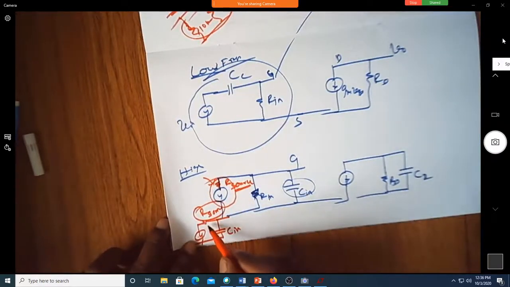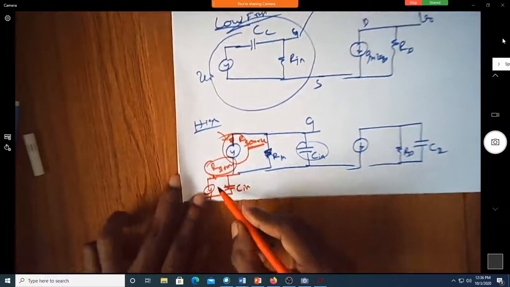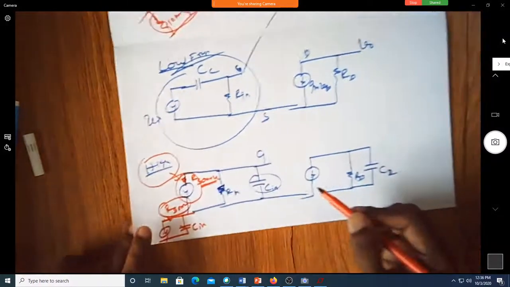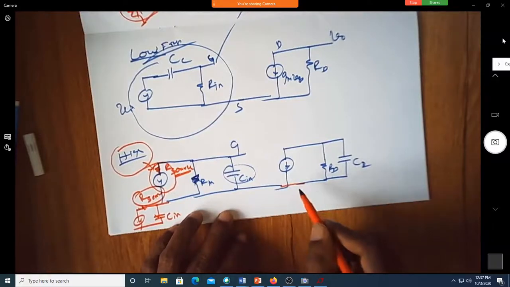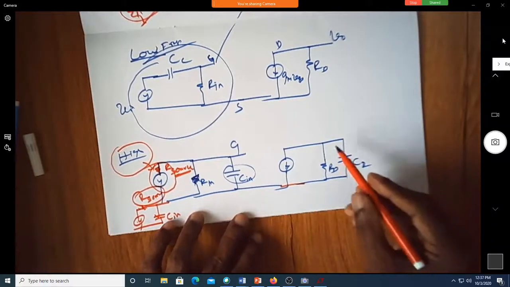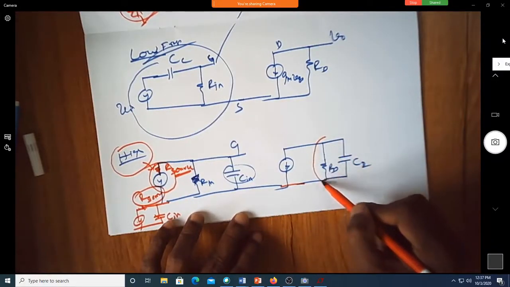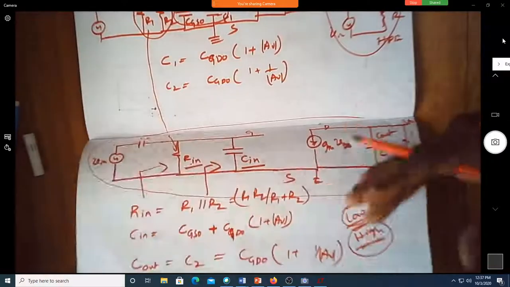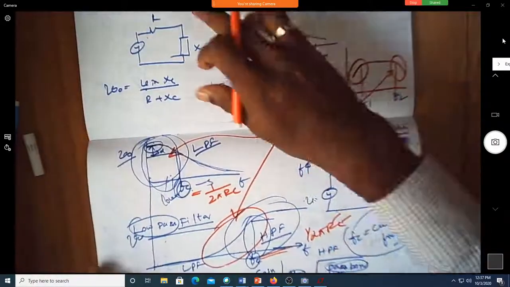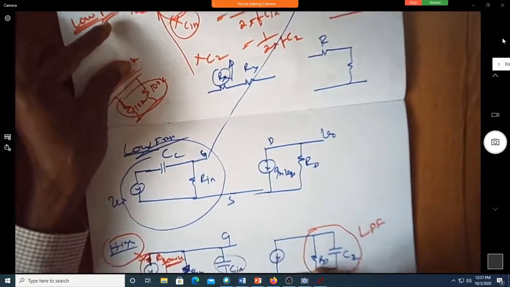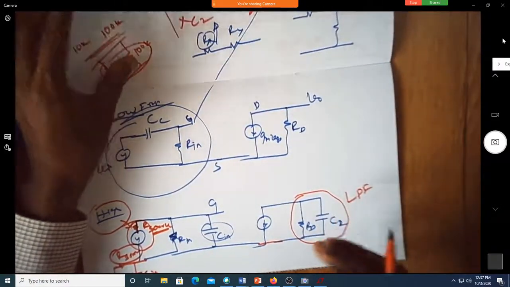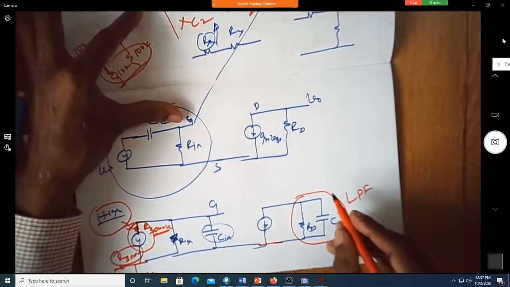Can you see there is a low pass filter? Yes, sir. There is a low pass filter existing at higher frequencies, and maybe after some time you'll get to know that this will also represent a low pass filter. Of course, at this point of time, I cannot convince you people. You said this is a low pass filter, how do you say this is a low pass filter? At this point I cannot convince you, but when I write the transfer function, it will be very clear. Fine.